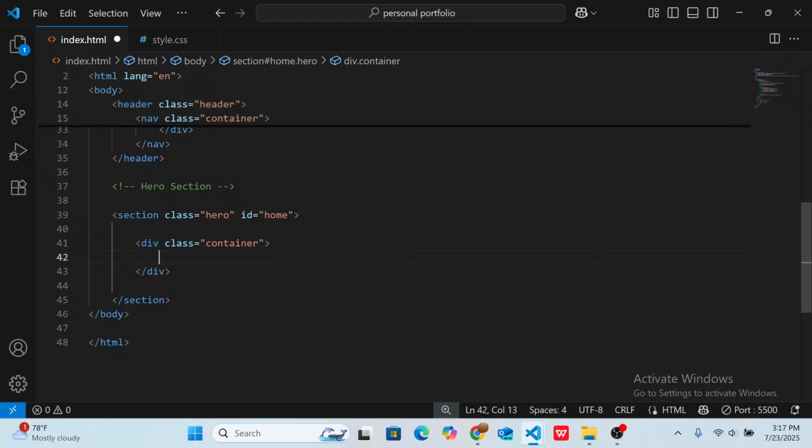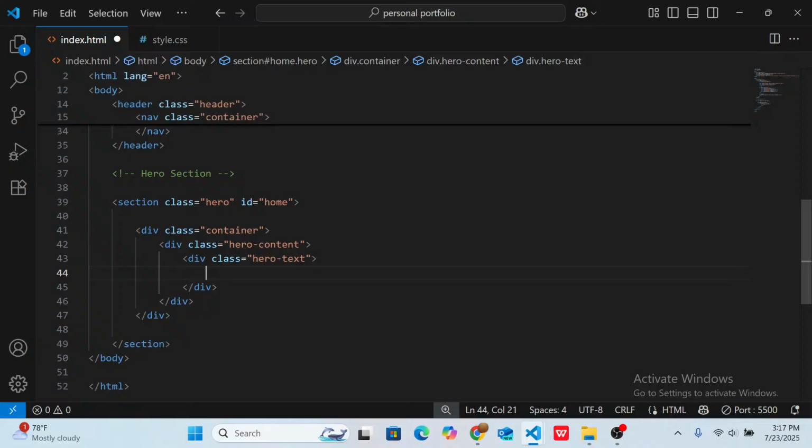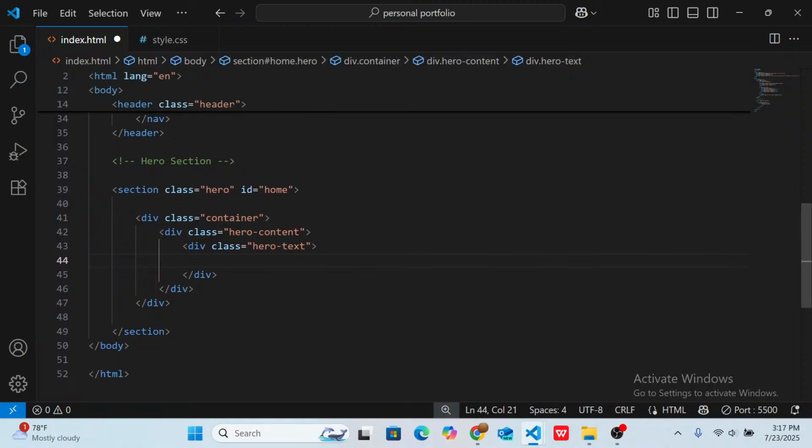Then inside the container, the left hand side will be for the home content, while the right hand side will be for the home image. Then for the home content, another div for the home text as well. We have to organize all our HTML code by wrapping everything inside different divs, so that it will not cause confusion when we want to style it as well. So for the home text,